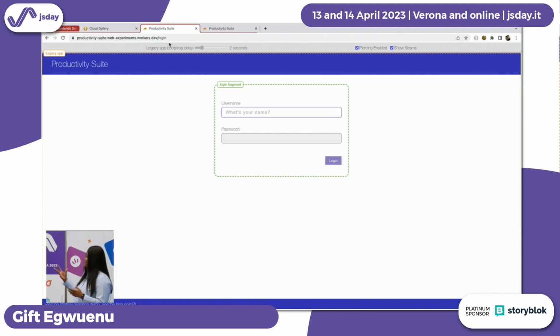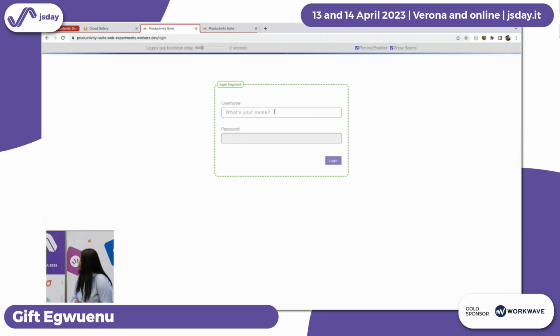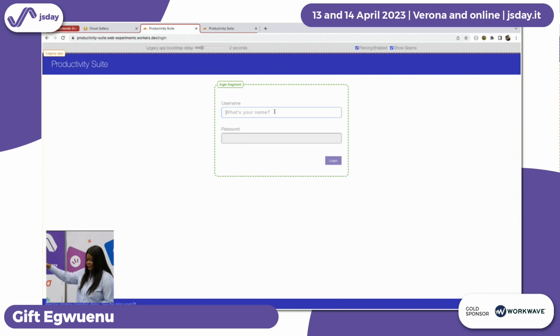Yeah, so this is a demo called Productivity Suite. Essentially, it's an underlying React application, and on top of that, it's piecing together different micro-frontend fragments. So here, I'm going to try to sign in. I can actually do the reloading and show you one of the benefits of using that. So the login fragment is deployed as a Qwik application. And if I try to log in,